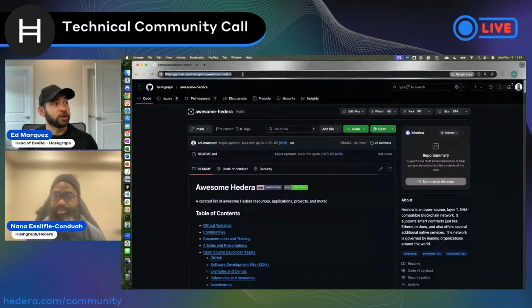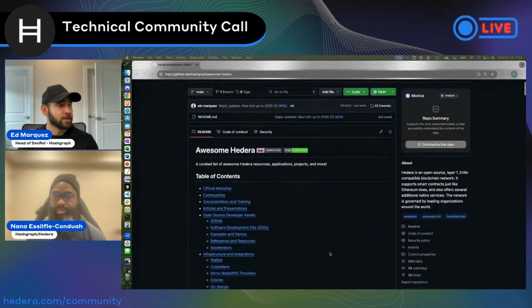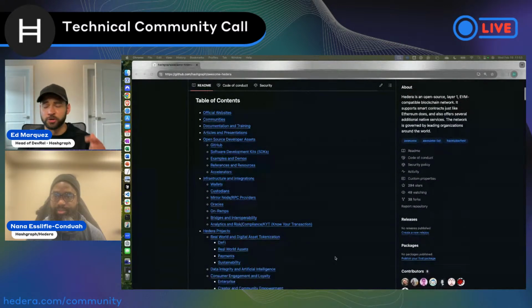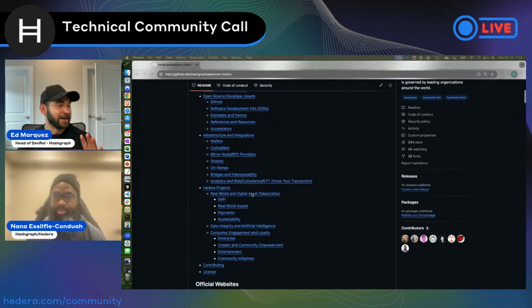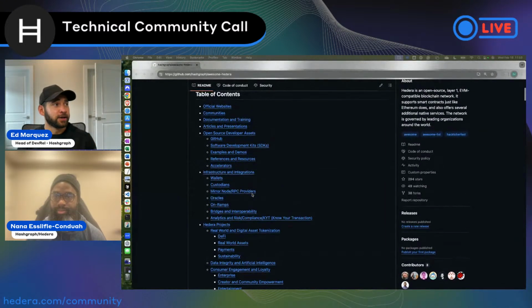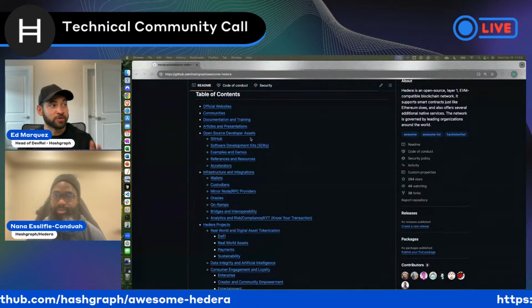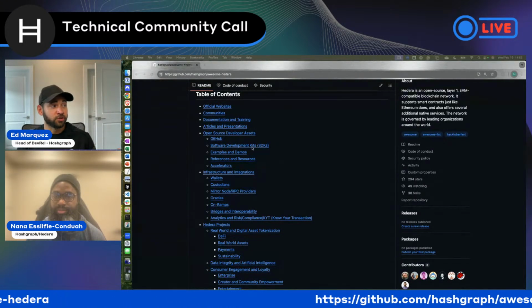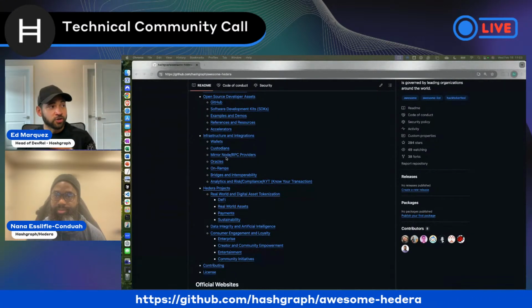What I want to point everyone to is this awesome Hashgraph repository that contains a very comprehensive list of resources, documentation, use cases, infrastructure and integrations, and so much more. If you're a dev, you can come here for information on docs and training, articles and presentations, different GitHub repositories that would be interesting to you, and even some of those different tools, integrations, and infrastructure.